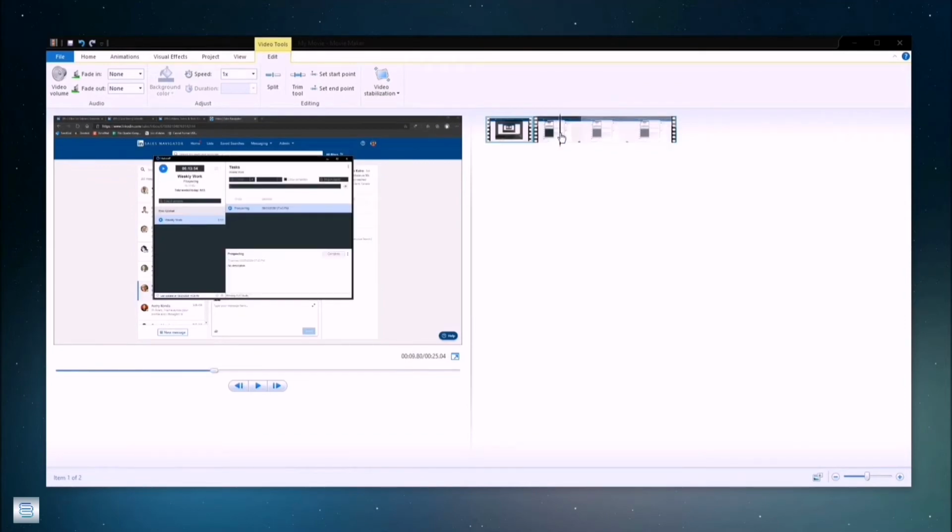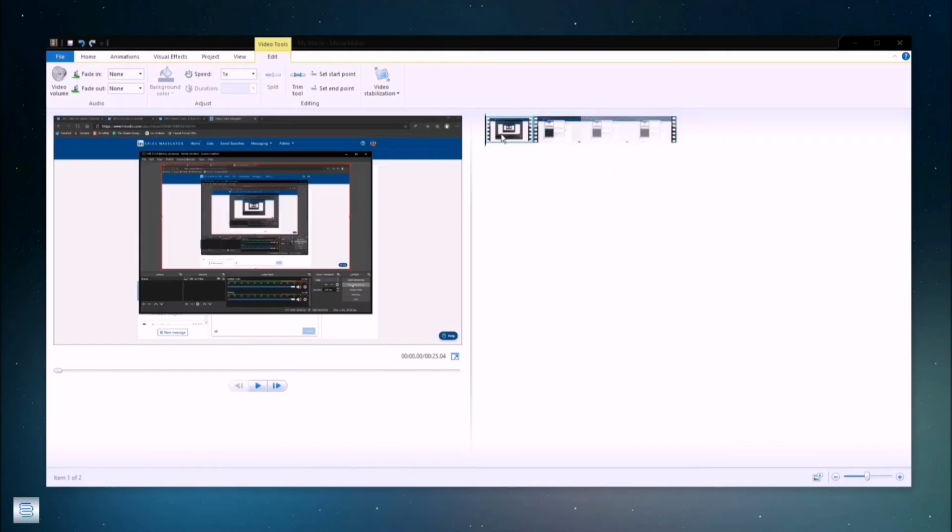Now, for example, you don't want the audio of this video playback. What you need to do is to select the playback and go to the video volume, and you can drop it down to 0. But if you want